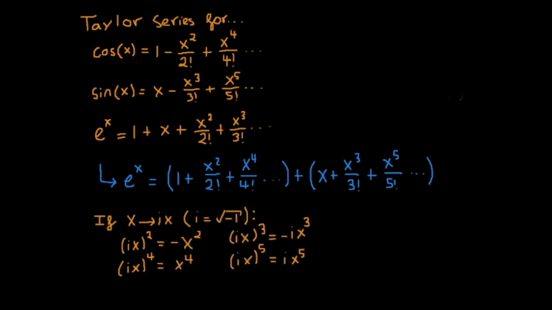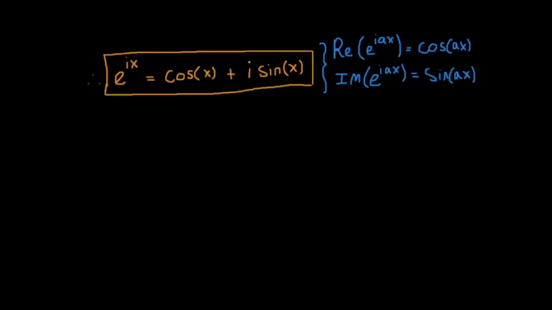Well, if we raise e to the power of ix instead of x, where i is the square root of -1, we see that we get exactly the pattern of signs that we need. The squared and the cubed terms are negative, but not the fourth and the fifth powers. Once we put everything together, this lets us write e to the ix as cosine x plus i sine x,